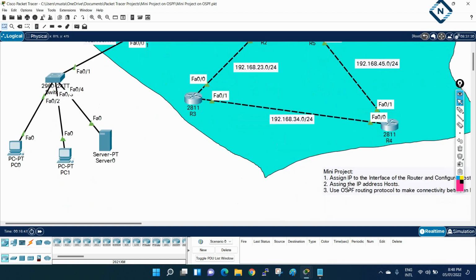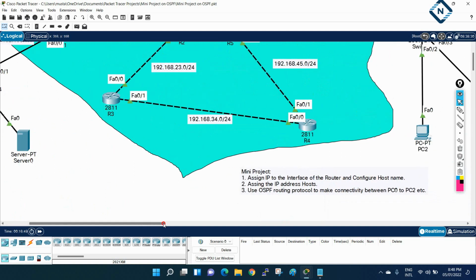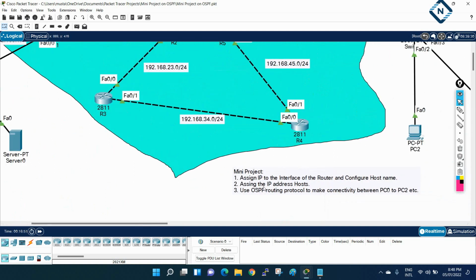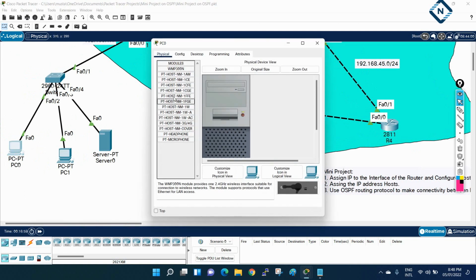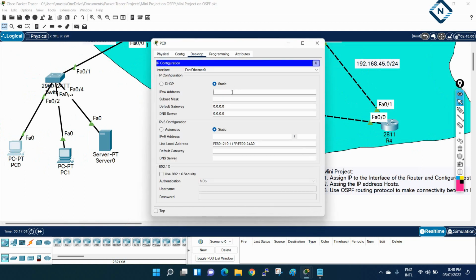If you remember, our second task in this mini project is to assign IP addresses to the hosts. Our manager told us to assign the IP address to the machines, so we are going to assign them now. I will go here, this is a desktop. I will write 192.168.1.2.